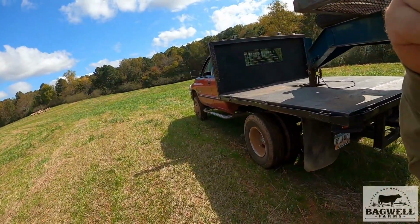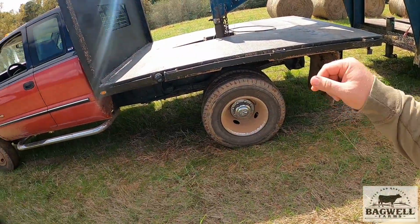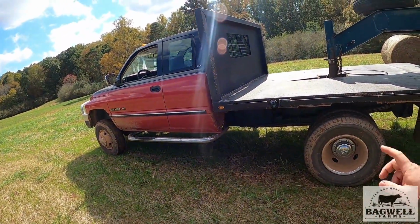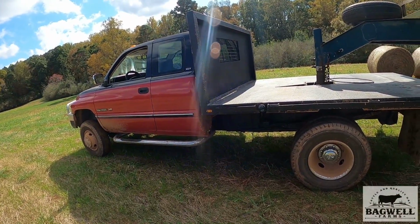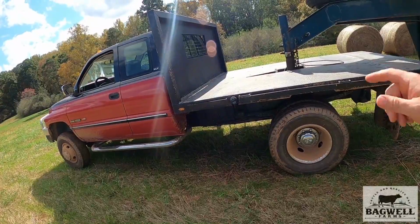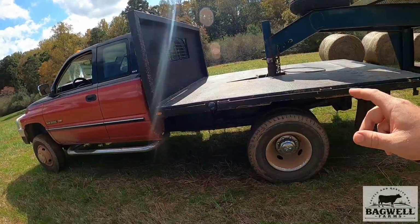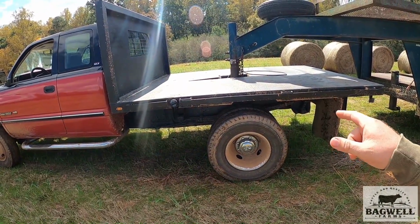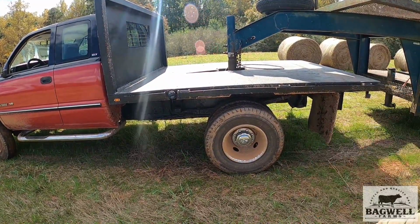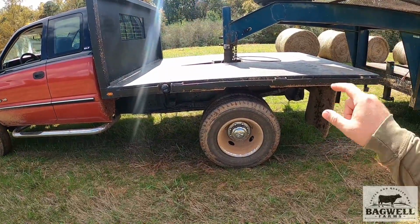This truck, waiting on him to get over here. This truck has done a really good job for us. The only thing I got to do is that '96 12 valve that was the donor truck for the white 24 valve that we wrecked. It's the same model as this one, but it's just a single cab 2-door, but it has the helper springs under it for the rear end. This truck here does not have helper springs. I'm planning on taking those helper springs off of that one and putting them on this one,